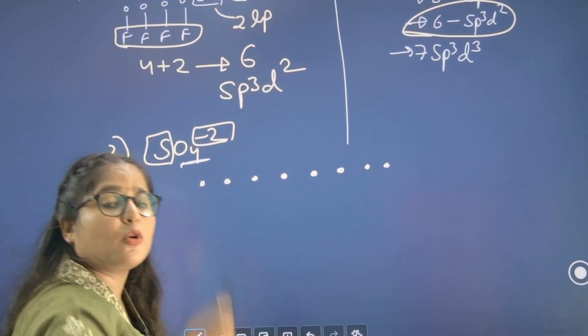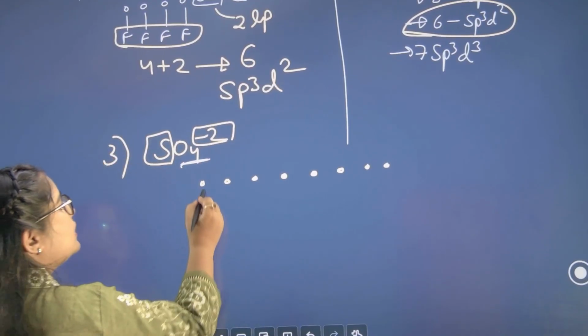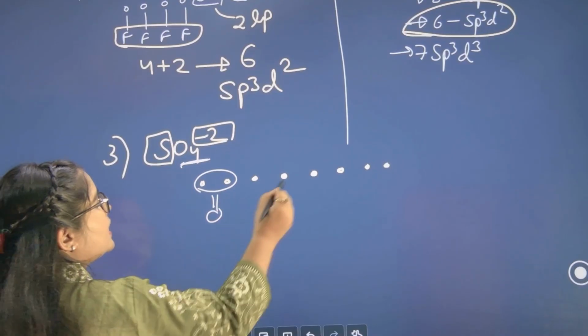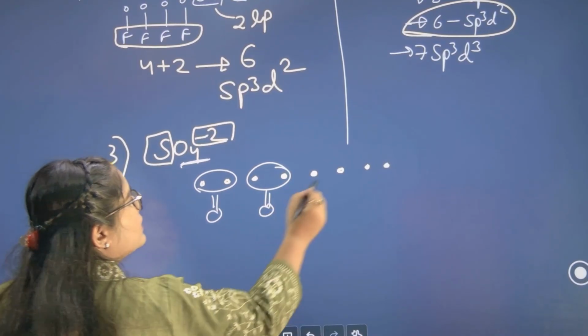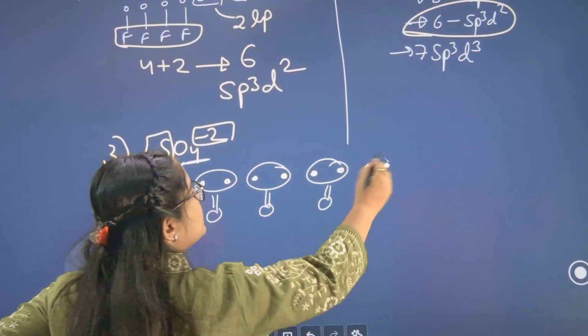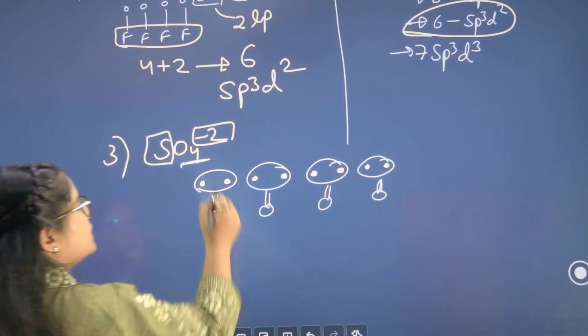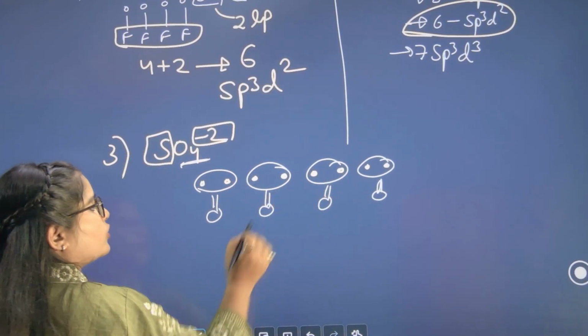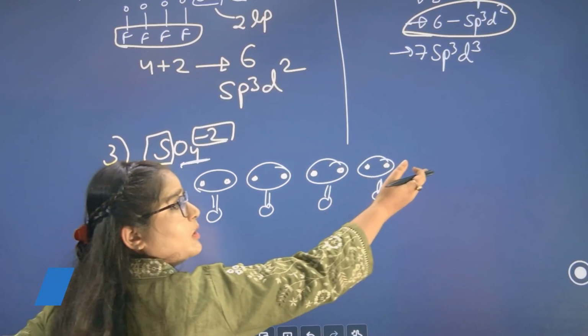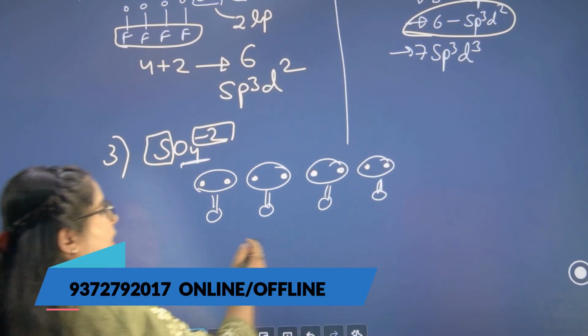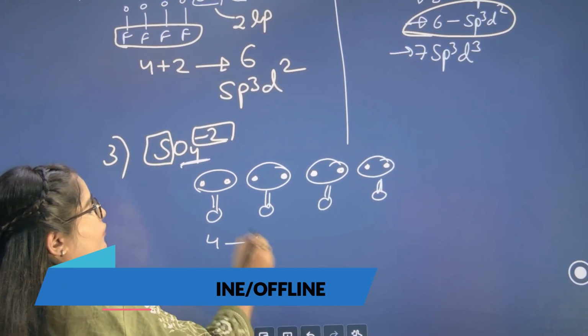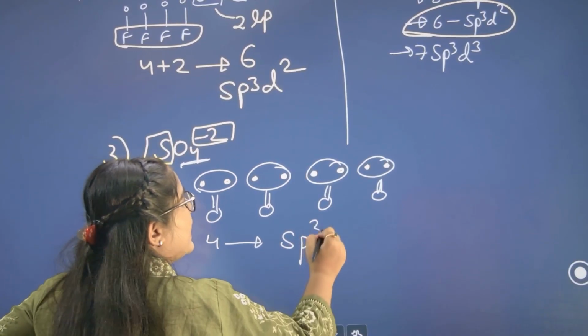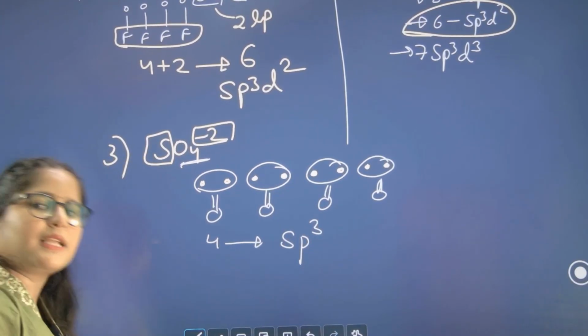Now let us come to oxygen. Oxygen can make how many bonds? 2 bonds. Very good. So here we have oxygen, here one more oxygen, here one more oxygen, and here one more, because there are 4 oxygen. Each can make 2 bonds, so that's why I'm taking 2 electrons. Do we have any lone pair? No lone pair. How many side atoms? 4 side atoms, so I will say sp3. I hope it is clear to you all.